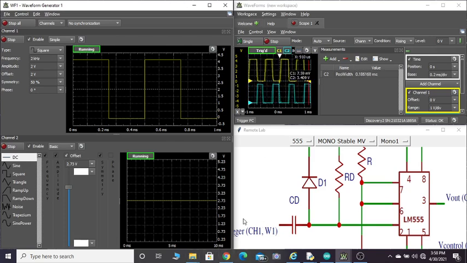This is true because as I change this offset voltage, the capacitor voltage to which it will charge, which is 2.73 volt, since this voltage has reduced, the pulse width will also get reduced. So suppose I further reduce it, what will happen? I may lose the waveform. Just have a look at this output waveform. Output waveform is not there.